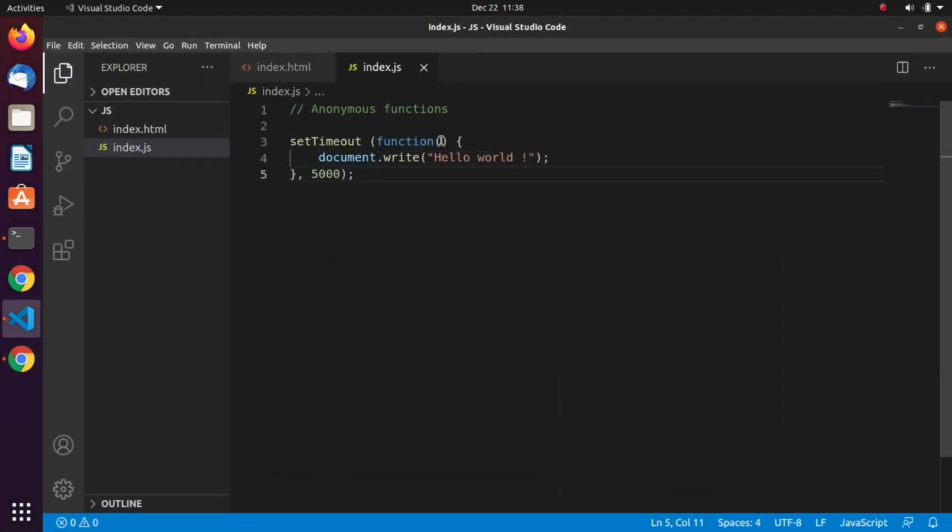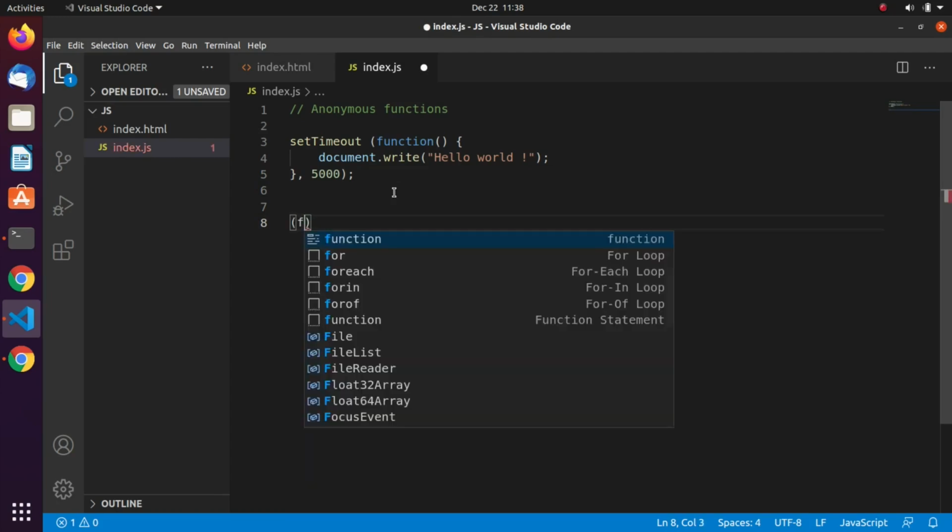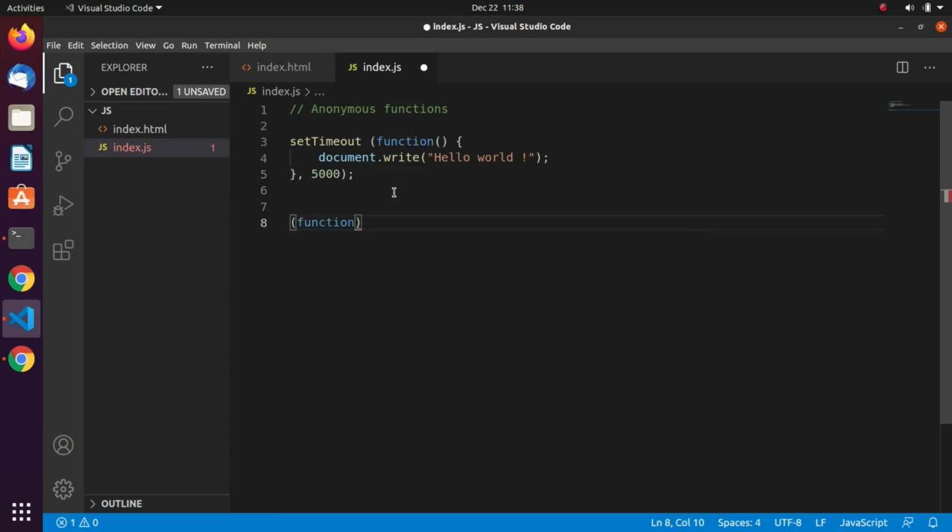And remember that we used the anonymous function, this function without the name, which actually executes this. So that's how we can use it. We can also use an anonymous function as a closure, but we are going to talk a bit about closures later in this course. But let me just show you something. We can have something like this function with parameters, parentheses like this, and then something like this.